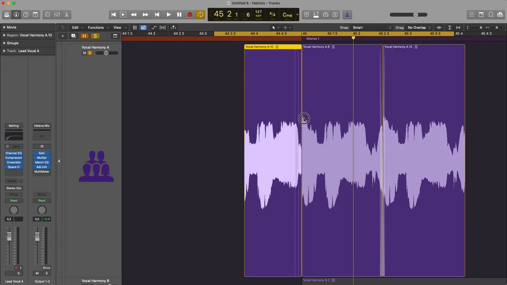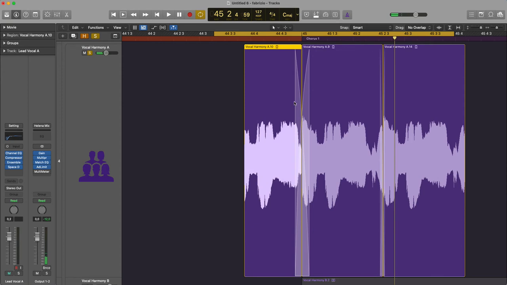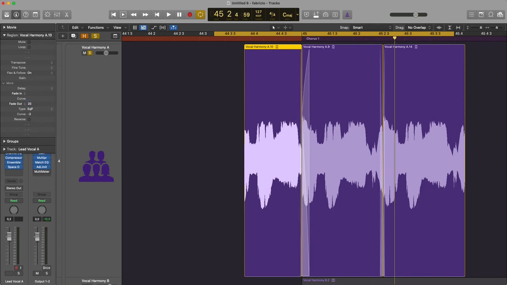If I make a crossfade here in order to remove the problem, I can adjust in the region inspector the curve and the milliseconds of my fade.